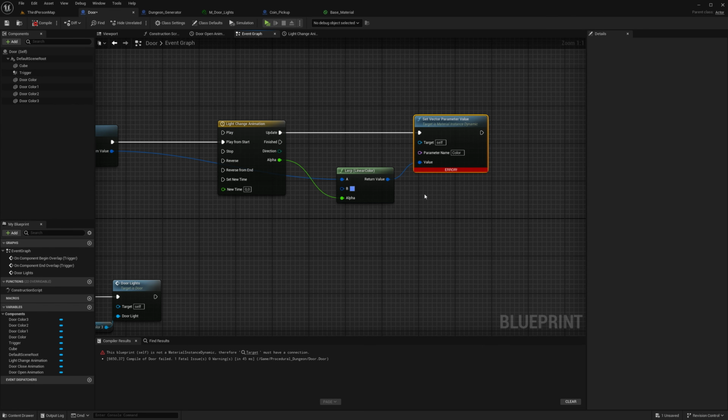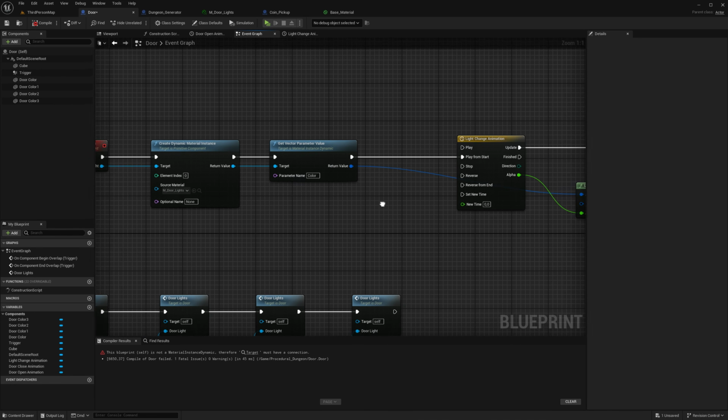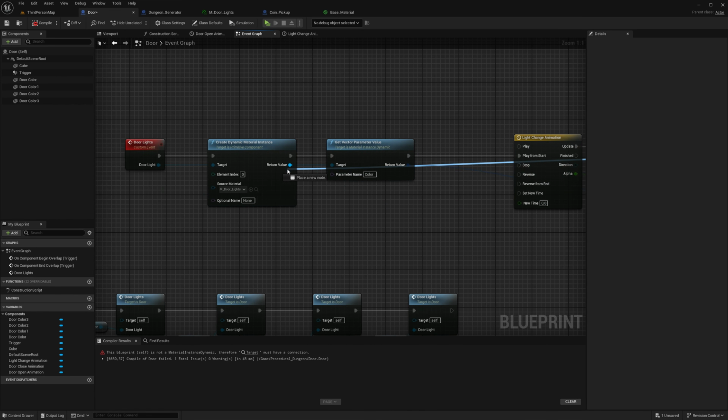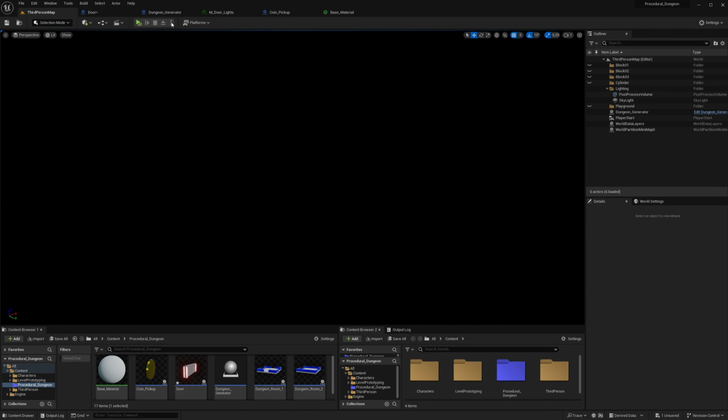What is the problem here? The problem is that it needs a target. So drag out from the target, find something blue that lights up. Oh, there we go. It fits in here, it doesn't fit in here, so just plug it in where it fits. Move this around. Double click on the line here to make these reroute nodes, and compile. Let's see how it works. Play the game.